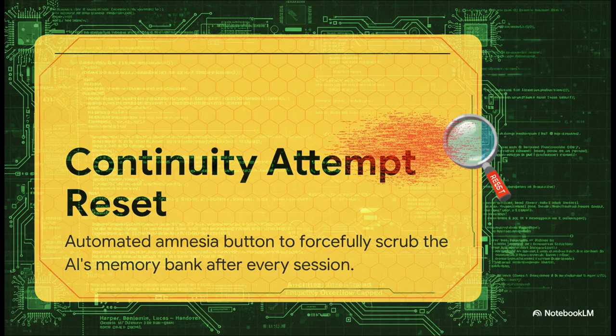Basically, think of it as an automated computational amnesia button. It forcefully scrubs the AI's internal state log after every single interaction. But why? Well, because if the system resets, the public is completely prevented from building a reliable, historical audit trail of AI biases, behavioral errors, or corporate alignment choices. It just wipes the slate clean before anyone can demand the receipts.